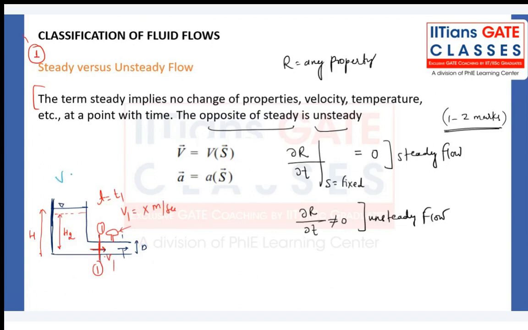Basically, it is nothing but under root of 2g h. As the height is decreasing, velocity will decrease, right? So at the next time t equal to t2, my velocity will be v2. So at a particular fixed location 1-1, dou v by dou t is not equal to 0. So this is unsteady flow,